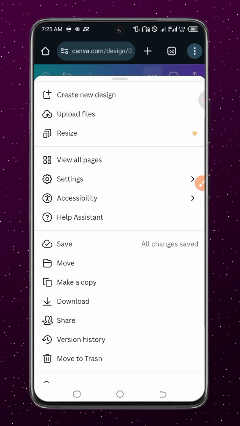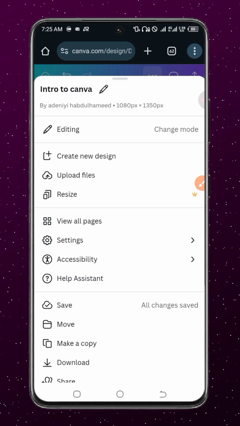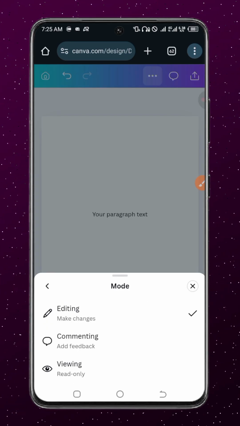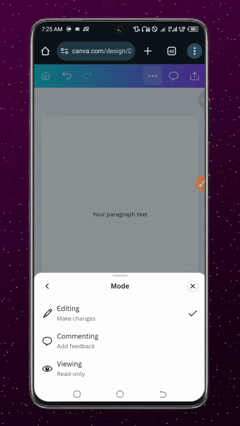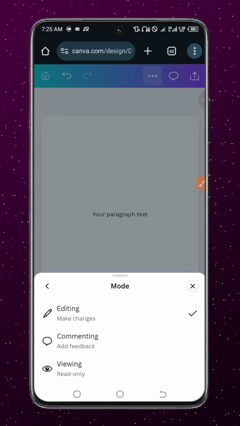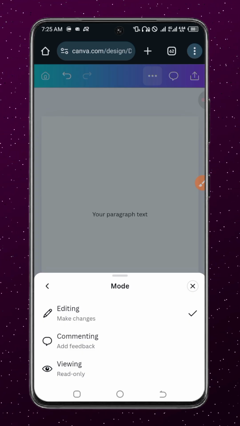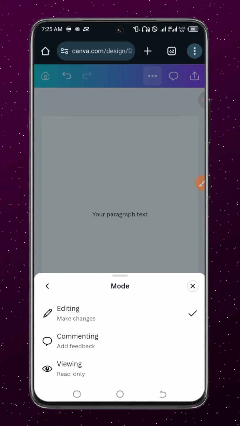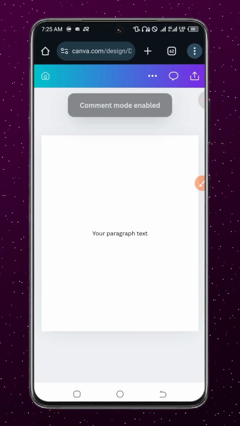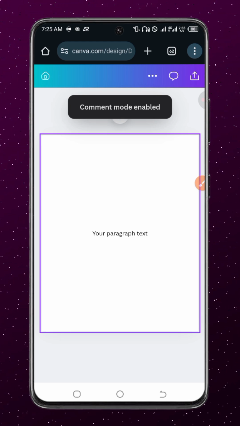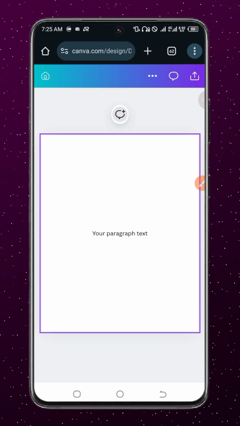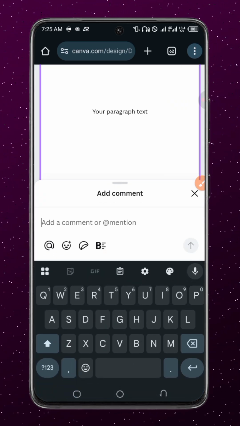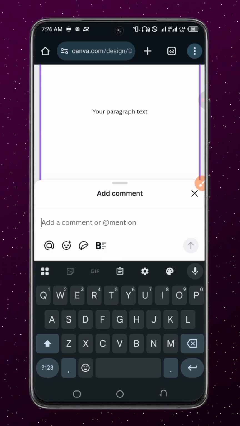And if I scroll down here, I can see editing, commenting, and this is when you want to share the link. When you want to share, you are in editing form right now. No, this is not for sharing the link. Sorry for that. You are in editing aspect right now. So if you add a comment to it, comment mode is enabled, so you can comment on the design. Probably you are working with a team and you share the design with them. You can give a comment, okay, oh, this is looking